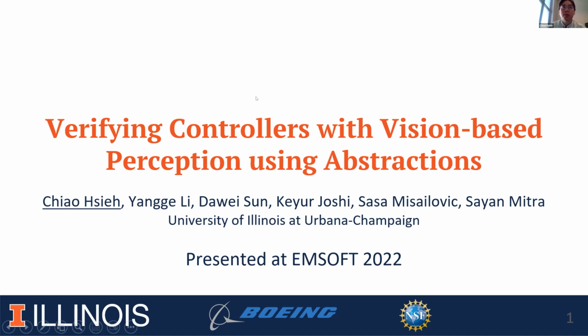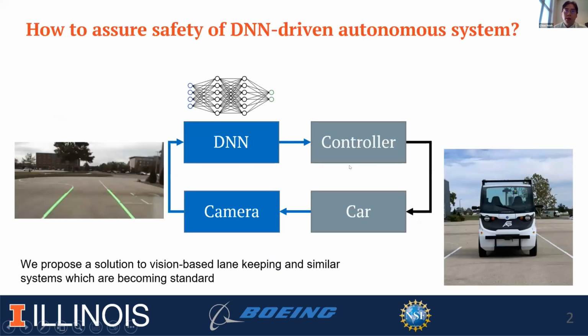Hi, everyone. My name is Qiao. I'm presenting our work, verifying controllers with vision-based perception using abstractions. This is joint work with my colleagues at the University of Illinois at Urbana-Champaign. So our work proposes a method of certifying autonomous systems that use deep learning enabled components. In particular, we're considering neural networks using vision for state estimation. And in this particular work, we studied the lane tracking system. As you can see, this car will use the front camera image to estimate the lane and